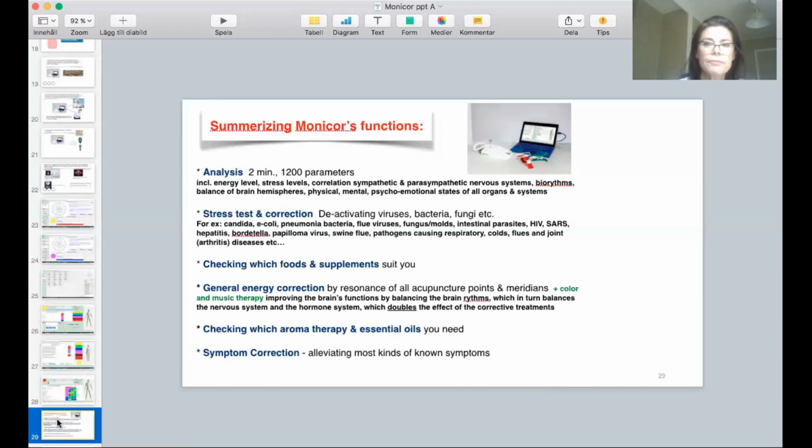The symptom correction is another facet, another part of the system where you can check any kind of symptom. It can be depression, it can be a broken leg, it can be intestinal IBS, it could be a urinary infection, it could be paralysis, it could be tics, it could be poor vision. Any symptom you can think of, you just type in the symptom in that section of the system, and then you put a couple of magnet strips on the box, and it will copy the frequencies you need